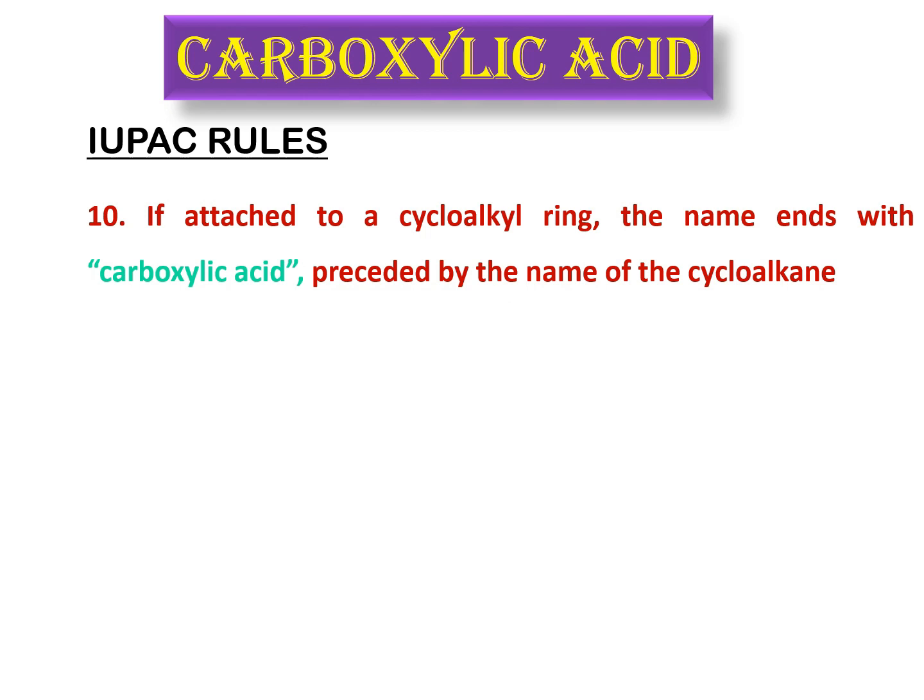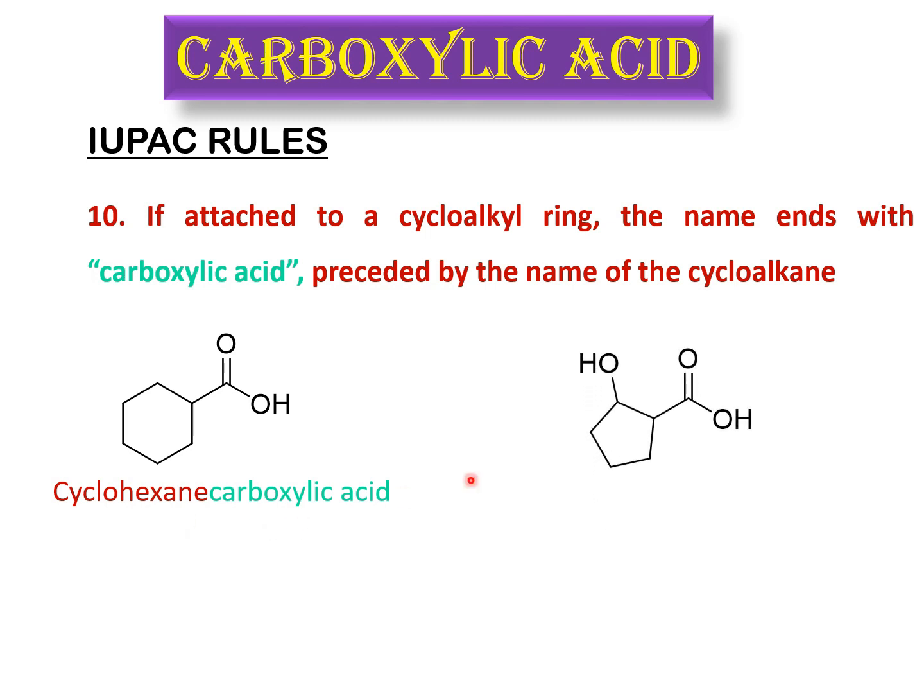If this carboxylic acid is attached to a cycloalkyl ring, then the name ends with carboxylic acid and it is preceded by the name of the corresponding cycloalkane. So if the carboxylic acid functional group is attached to a cyclohexane or a cyclohexyl ring, then the name is cyclohexane carboxylic acid. We have a cyclopentane ring here attached to a carboxylic acid, but this cyclopentane ring is also